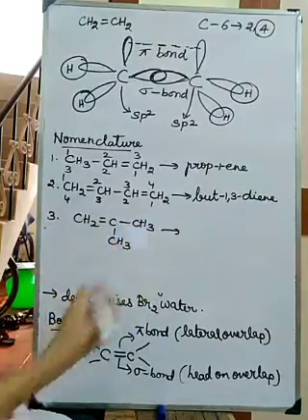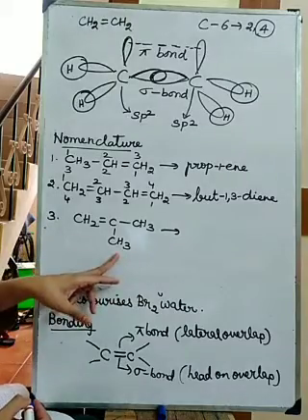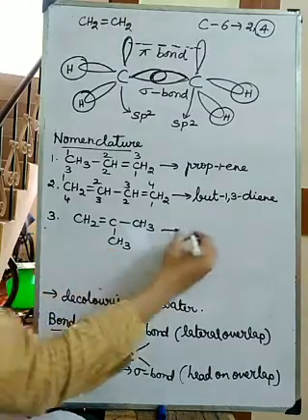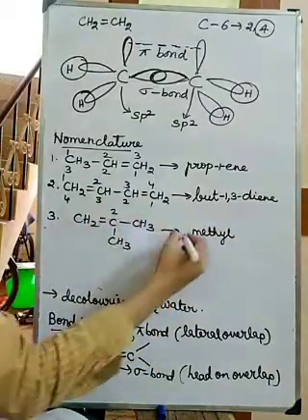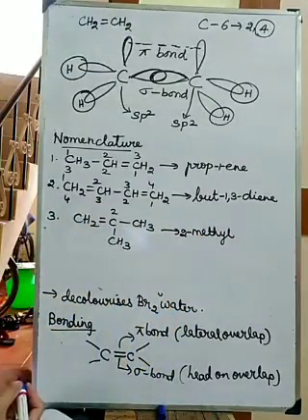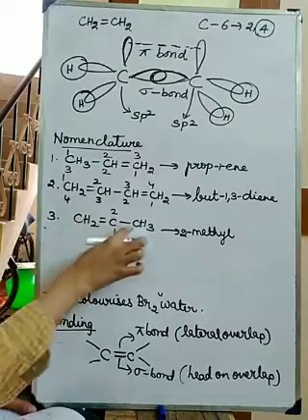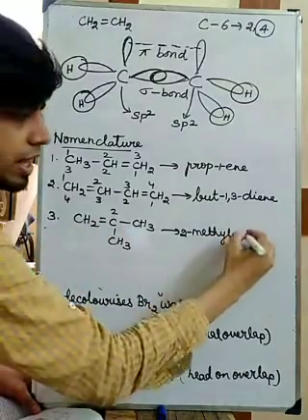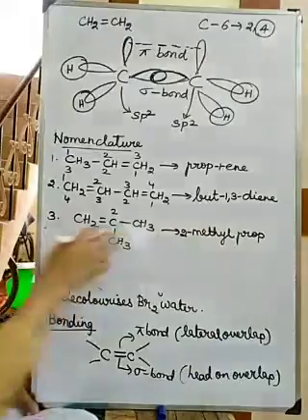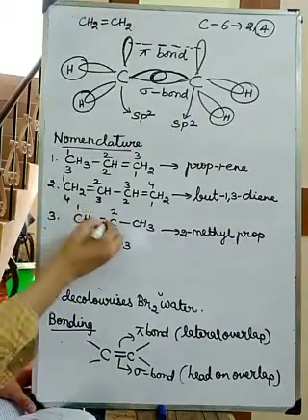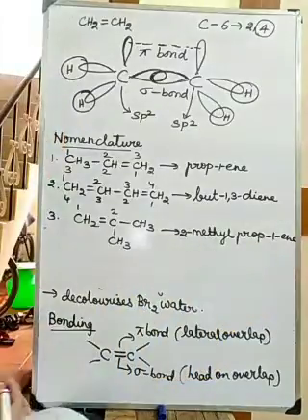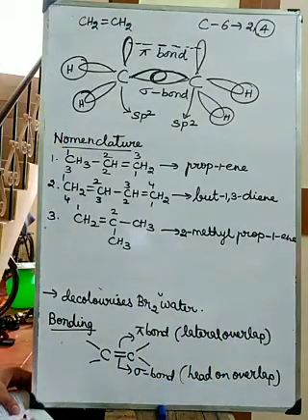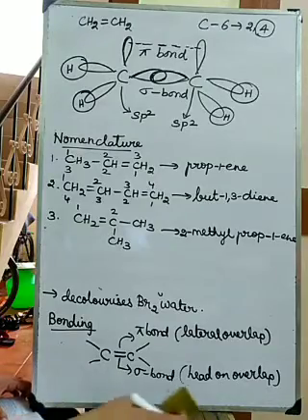What is the name of this compound? First I have to mention the branch. The branch is a methyl branch, and the position is the second position, so 2-methyl. Remaining how many carbons are there? 3 carbons, so pro. The double bond is in the first carbon, so pro 1-ene. So the next one,